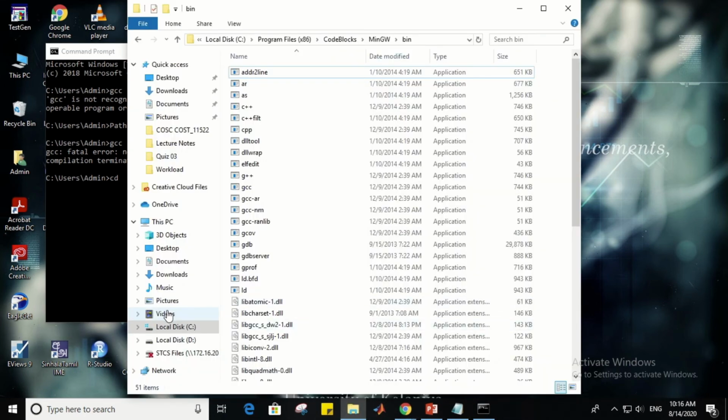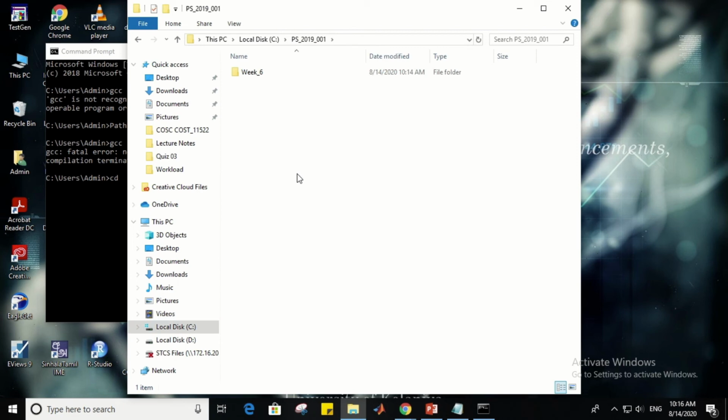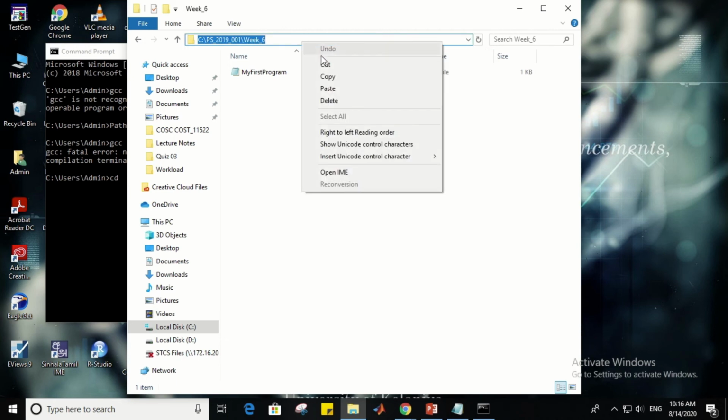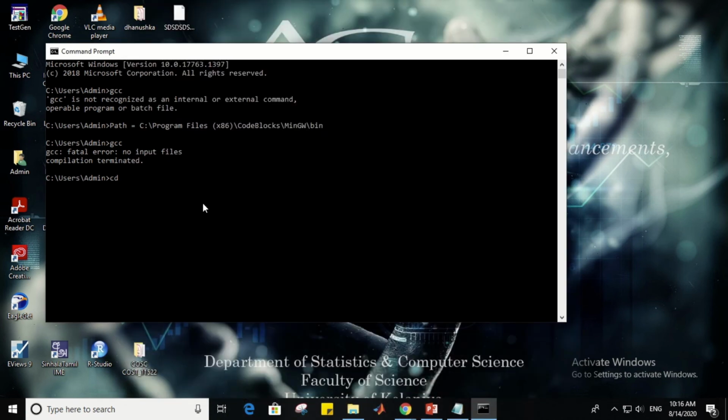In order to find the file path, I can go to the File Explorer window, go to C drive and go to my student number folder, select the folder where I have saved my C file, copy that path and paste it into the command line window. And hit enter. It should change your current working folder to the folder where you have saved your